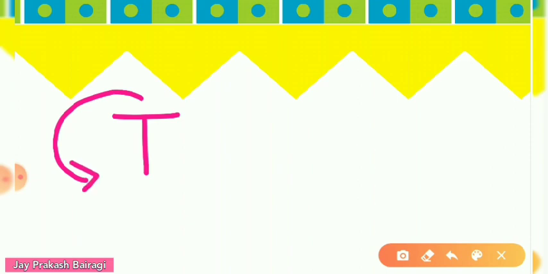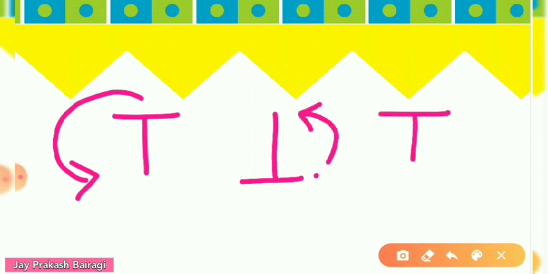I am writing a letter, that is T. If you take a half turn of this letter, from up to down, a rotation, how will it look? Yes, it will look like this. Then if you take another half turn, you will get its previous picture, that is T. So this turn is known as half a turn. Clear? You can also say upside down, which you studied in class 4.